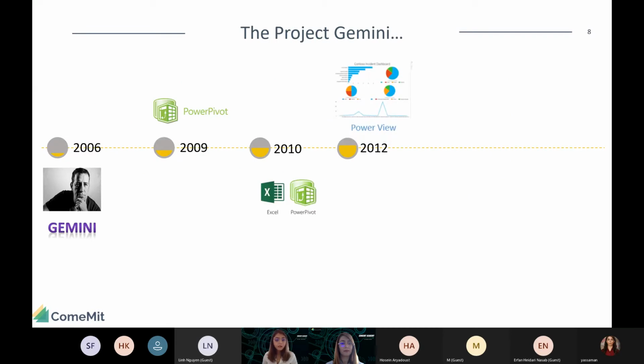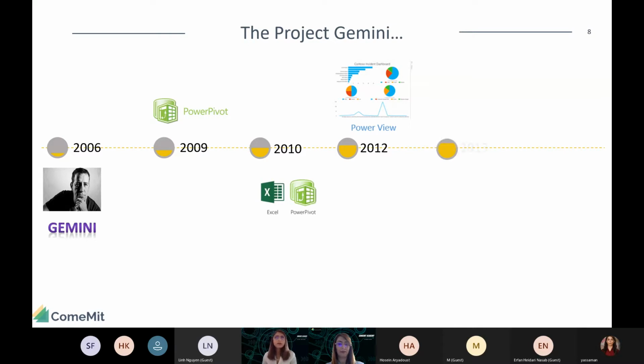In 2012, Microsoft decided to add a visual add-on called Power View in order to bring more capability in visualizing the reports and the data. But this attempt was not successful, because in 2012, Microsoft was competing with one of the giants in business intelligence tools, which is Tableau, and who are we kidding, Tableau is still one of the best in visualizing.